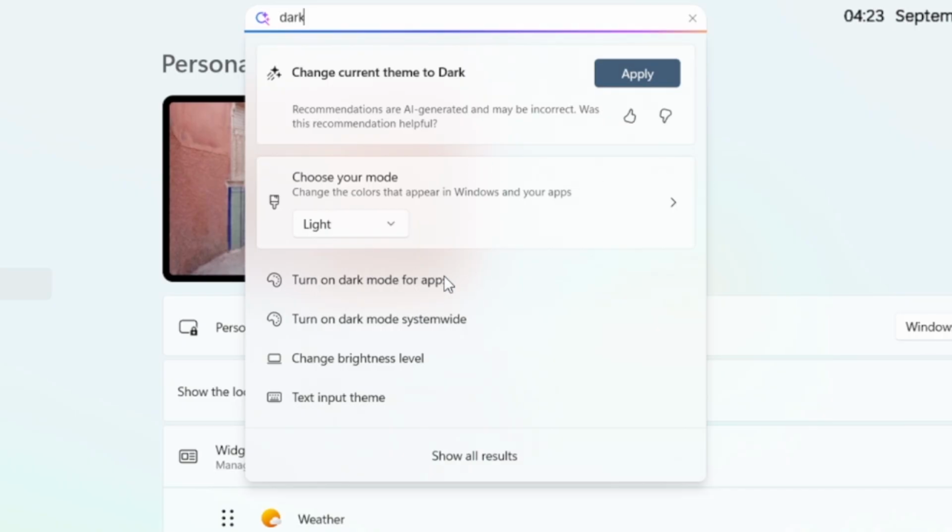Instead of clicking on a link to go to a page in settings where you can look for the setting that does the change, you can actually just do it right here in line, right? They call this a settings agent for some reason. This uses a small language model that's running on the computer. It's literally customized and optimized just for settings and all of the options that are in settings. That's all it does. So you'll be updating that thing every month for the rest of your life, but useful,